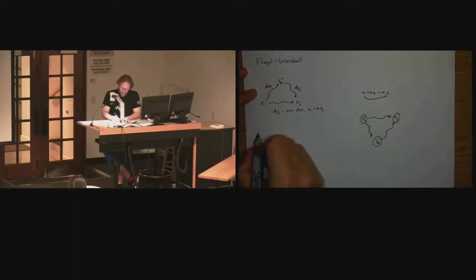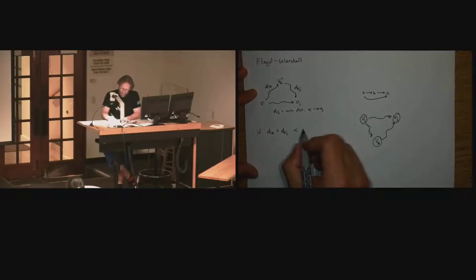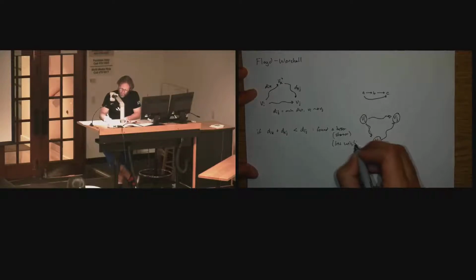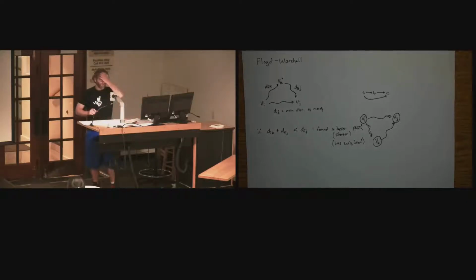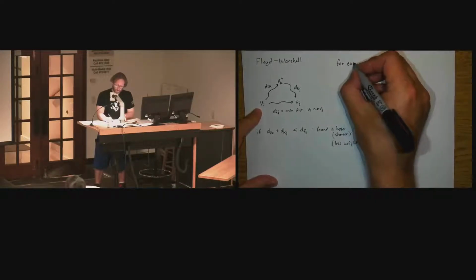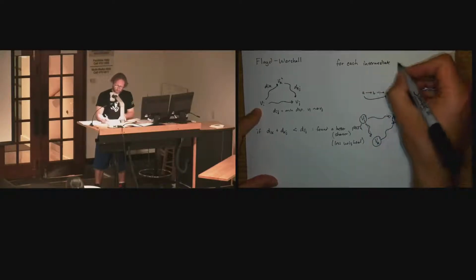So if d sub ik plus d sub kj is less than what you found so far, then we found a better path. Better as in shorter, or less weighted path. Okay? Well, okay, for each intermediate vertex, v sub k,